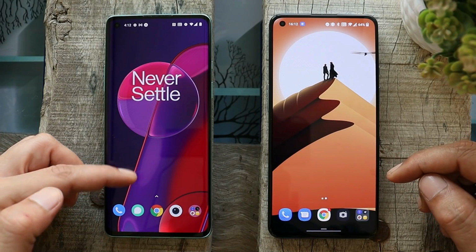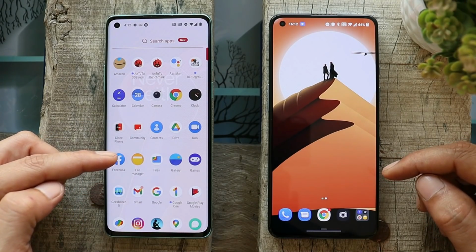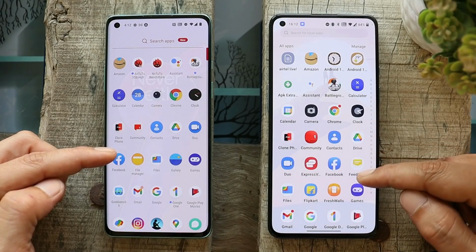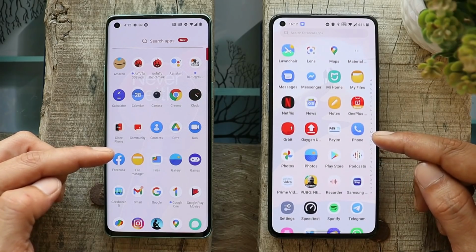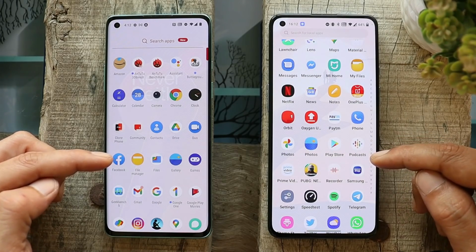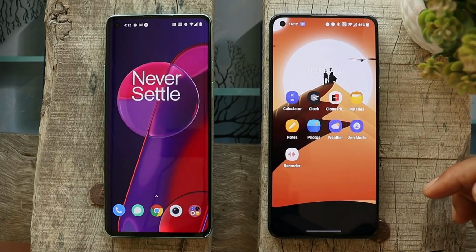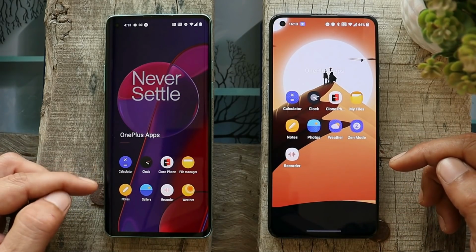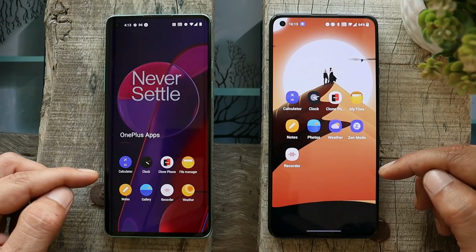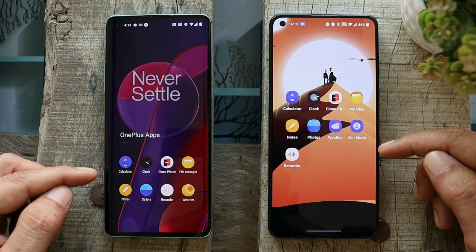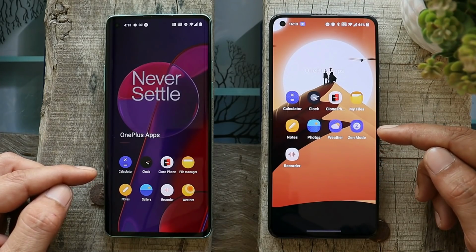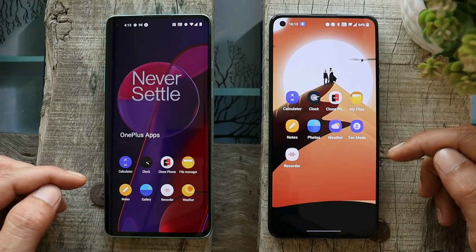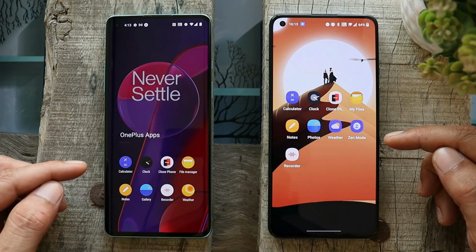So here you can see I have two phones. Towards the left-hand side, this is my OnePlus 8, which is running Oxygen OS 11 based on Android 11, and towards the right-hand side we have the OnePlus 9, which is running Oxygen OS 12 Open Beta 1. And these are the stock applications of both the OS. On Oxygen OS 11 these are the stock applications from OnePlus, and here we have the same applications on Oxygen OS 12. And guys, I've been continuously extracting applications and updating them on a Telegram channel, or you can also find them on our website.